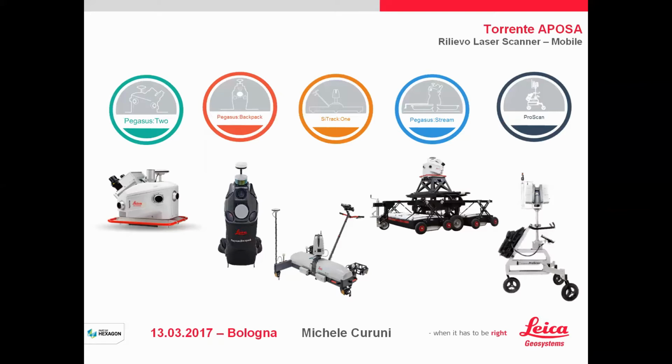Probably the last solution was an easy, funny trolley. It's similar to a supermarket trolley, you know, and it's possible to have a solution off-road with big rubber wheels, and this is a very good solution. The problem is that it's not picking color, it's only geometry, and it's necessary to have either GPS or a total station to